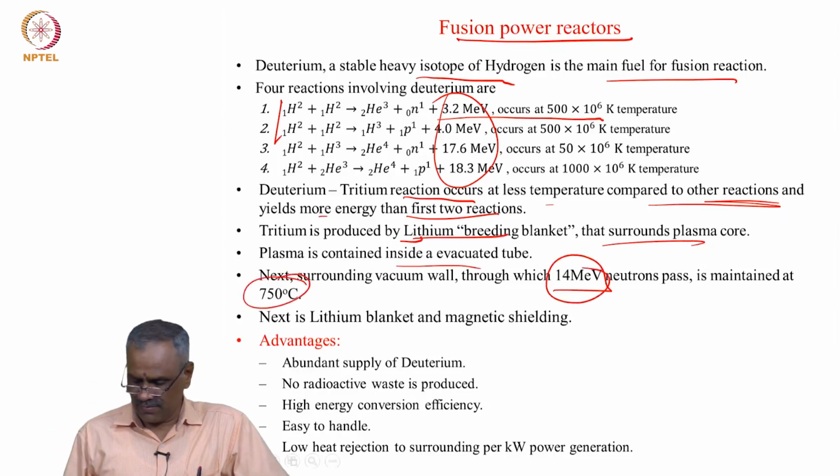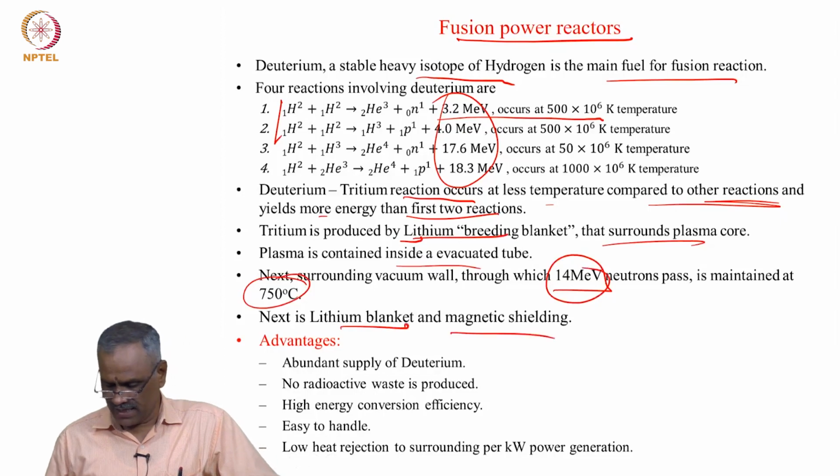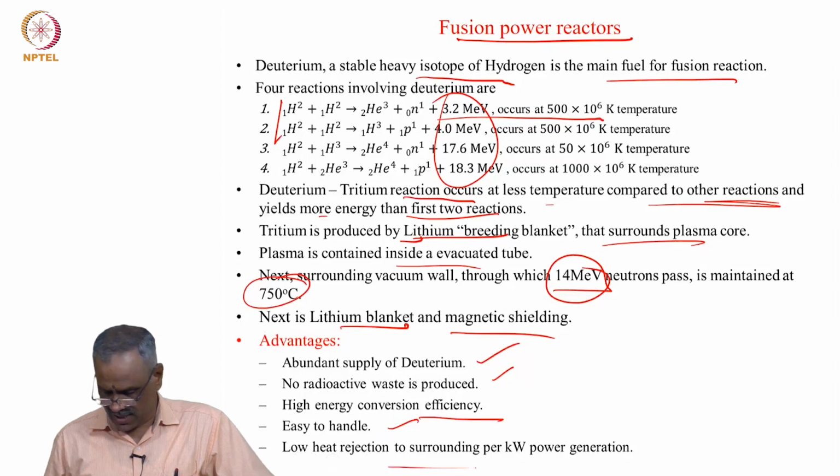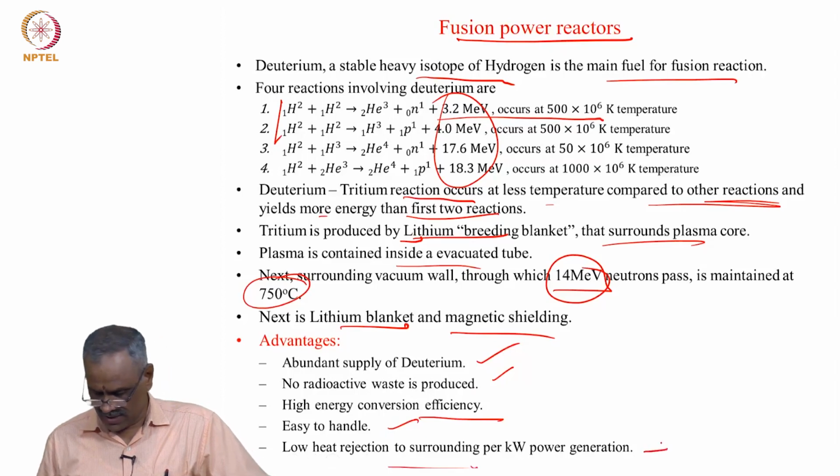The lithium blanket and magnetic shields are placed around that. The advantages are an abundant supply of deuterium, no radioactive waste, a closed cycle, high energy conversion efficiency, easy handling, and low heat rejection,